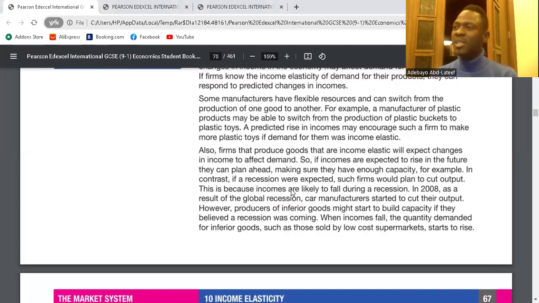For income elasticity and business, it is important for businesses to understand what happens with income in the future. So how are they going to be able to do this? They're going to do this by making predictions of the future. Making predictions of the future means what will happen with income in the future. But they will have a risk if they're only making predictions without knowing what's actually going to happen. These predictions we're talking about are assumptions, and they are done by experts. So it's less likely for them to fail.